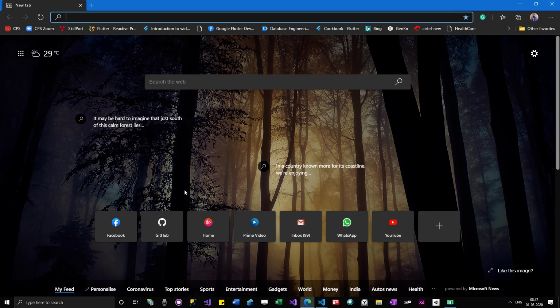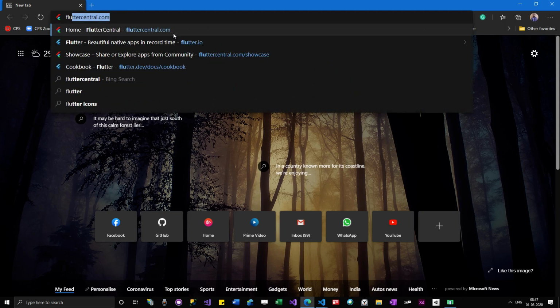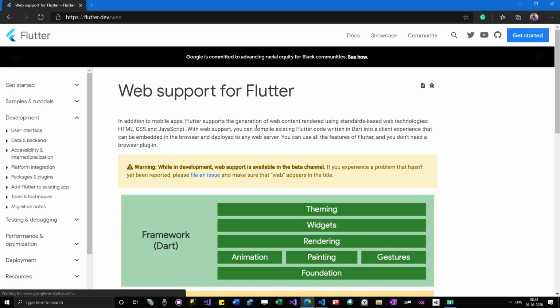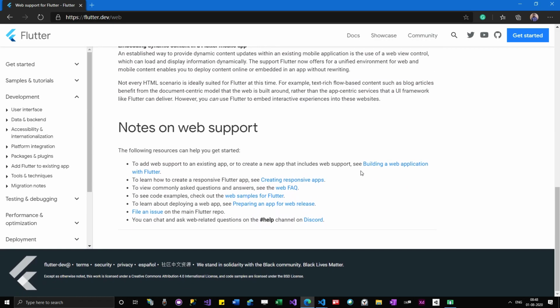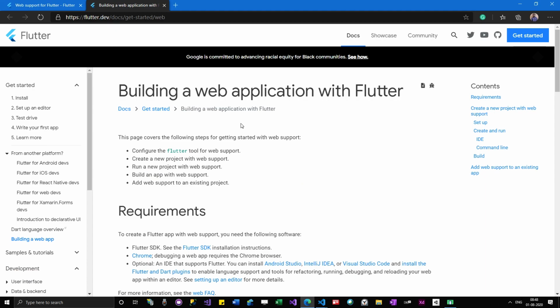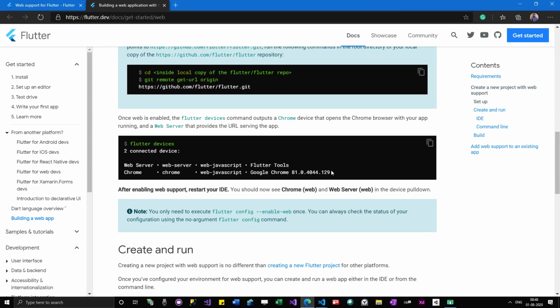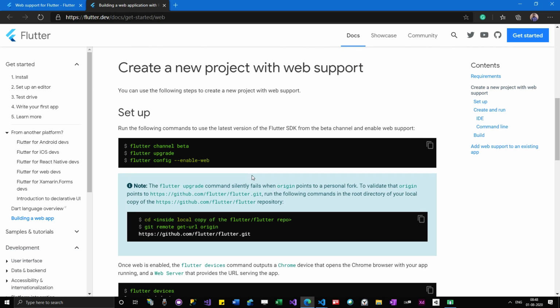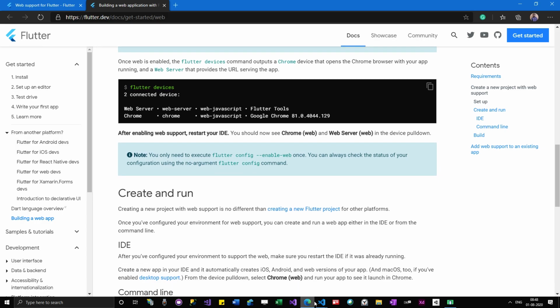So with that option enabled, Flutter Web is something you can use to debug apps in a web browser. Okay, so you have to go through this document, and if you click on this link, there are options on how to enable it. Whether you have a good computer or a slow computer, you can enable it and explore it by yourself, because whatever I am going to show you now will interest you.